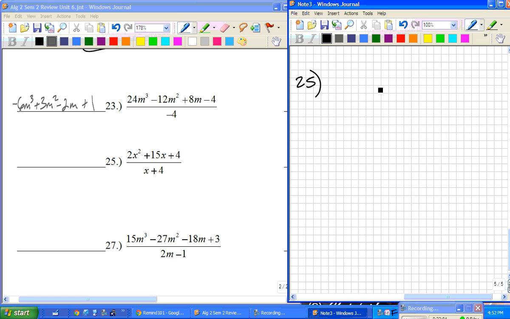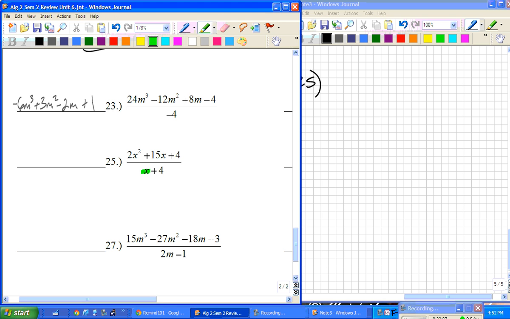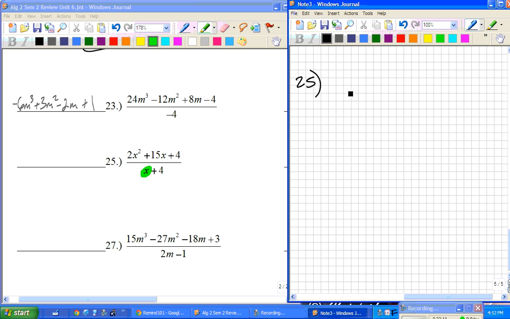Now, 25, we're going to do synthetic division. Okay, the reason why we can do synthetic division is because our leading coefficient is 1. All right, so in the box, we take the opposite of 4, which is negative 4. And then all we worry about are the coefficients. We drop the 2. And now we need to multiply. Negative 4 times 2 is negative 8. We add that down, and we get